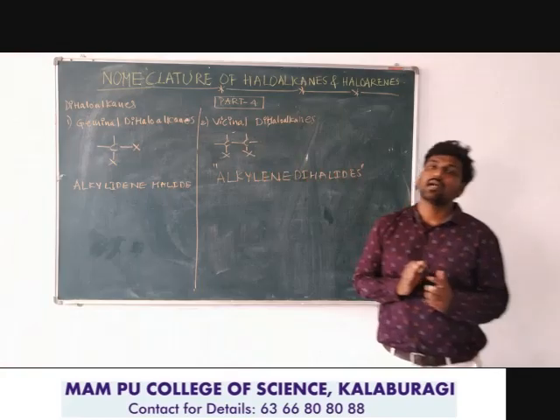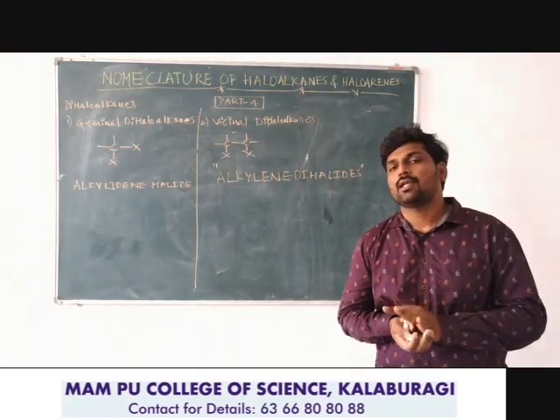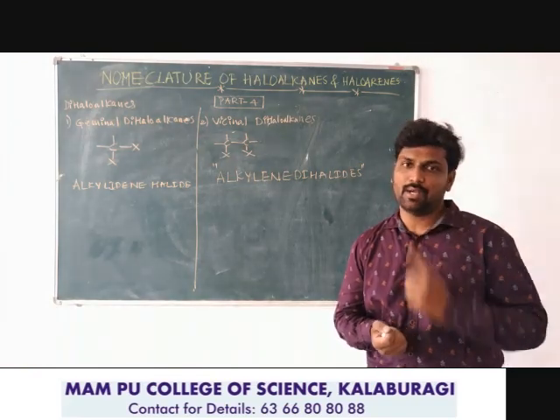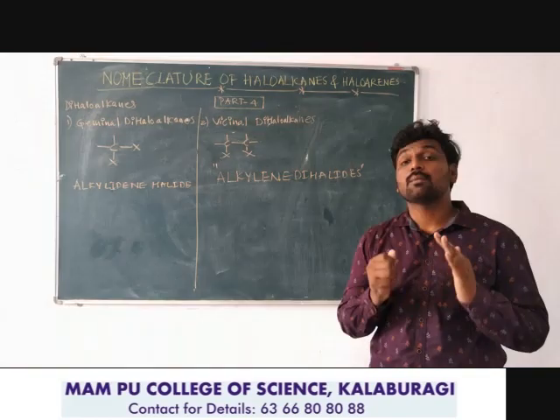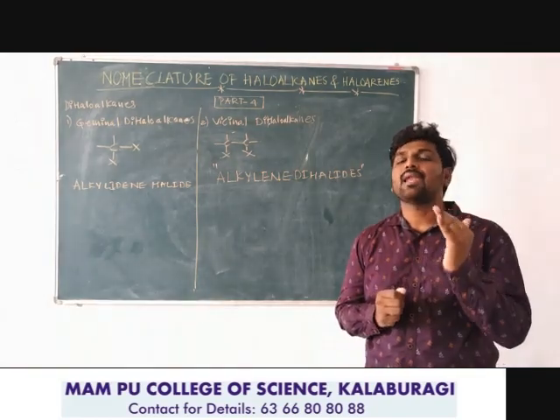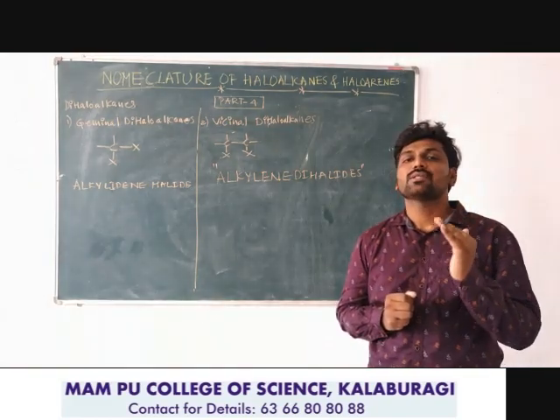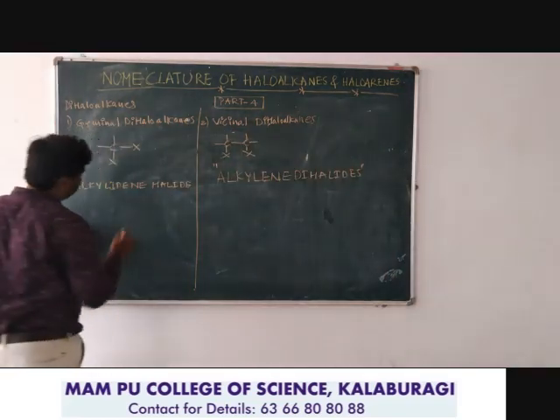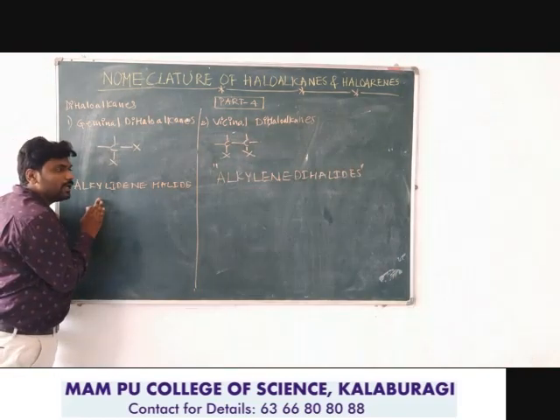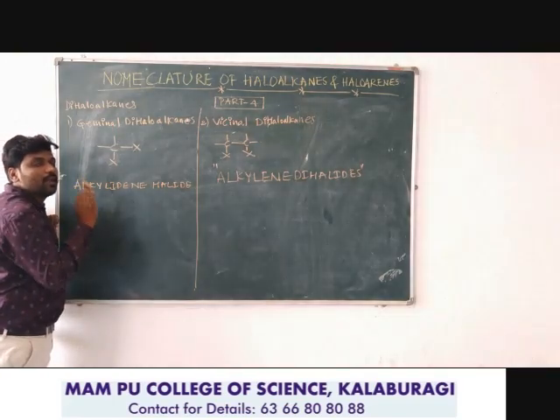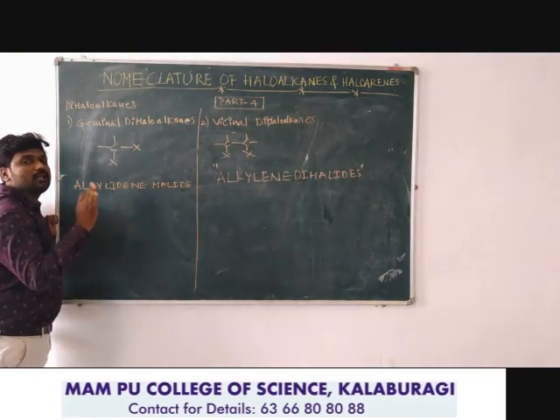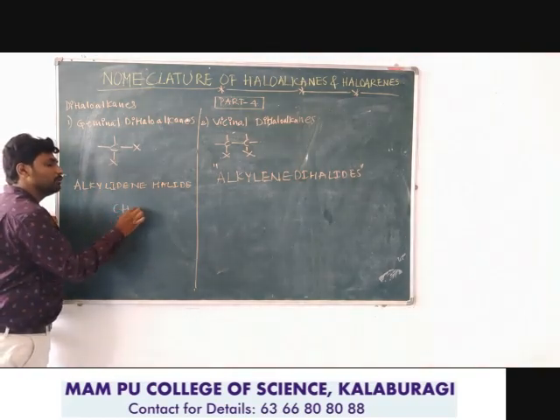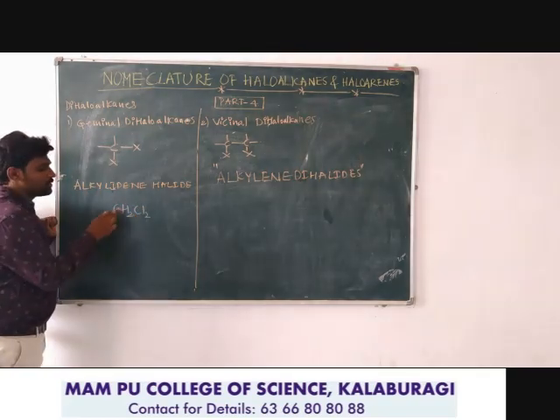Geminal dihaloalkanes are the type of dihaloalkanes where the two similar halogen atoms are bonded to only one carbon atom. Such geminal dihaloalkanes can be named by the common system formula, that is alkylidene halide. Here the alkylidene is indicating the number of carbon atoms present in the aliphatic system. For example, CH2Cl2. Look at this example.